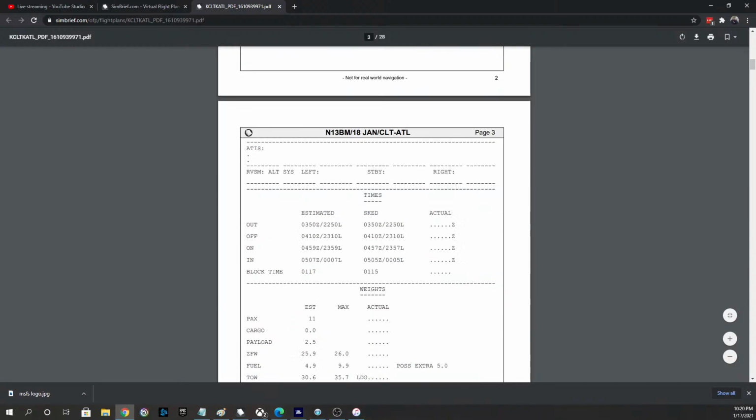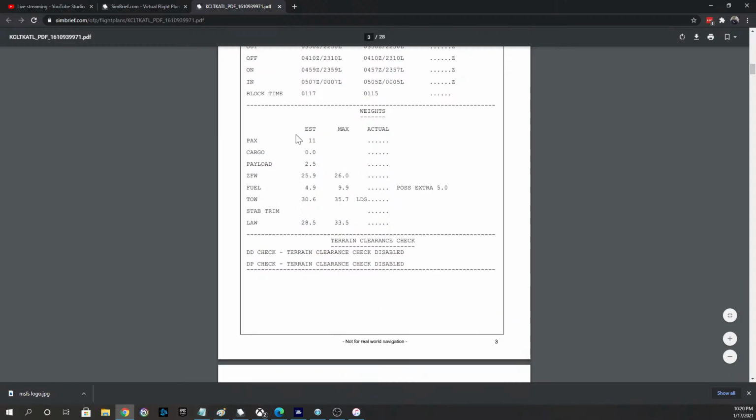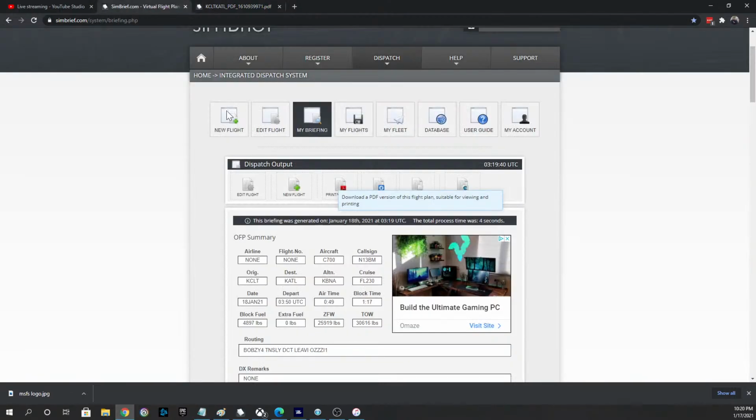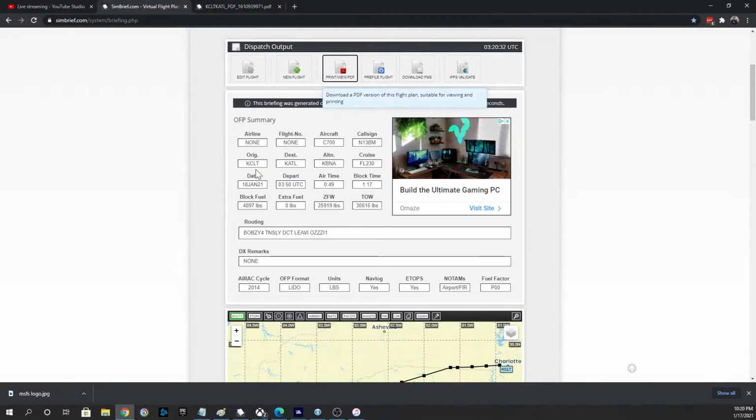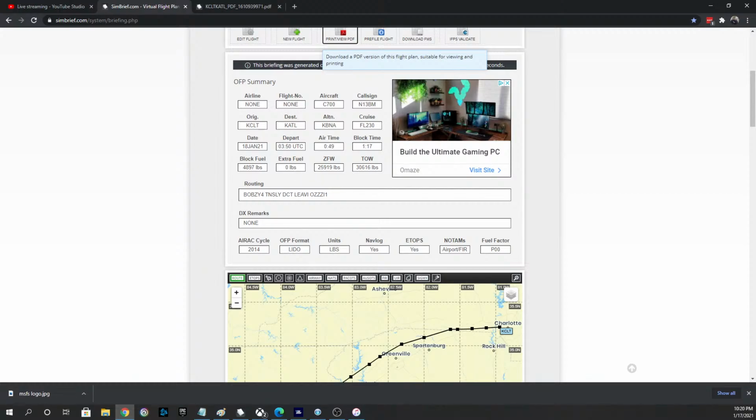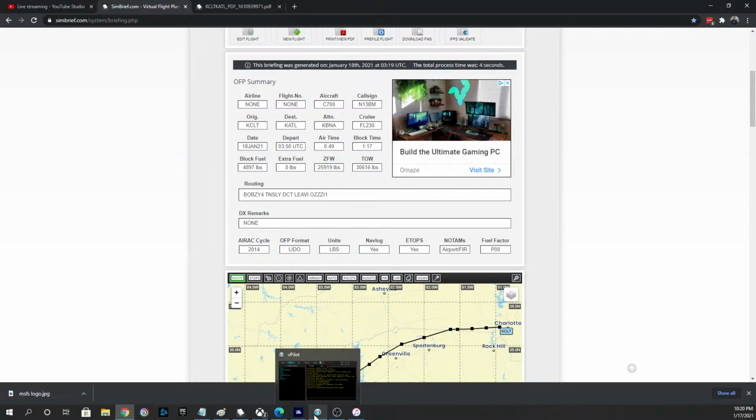And then further down, you've got your weights that you need to input into the aircraft. So we've got that, and they've also got it on the website here. You've got your block fuel and your tow weight. Those two are all you need to change in the aircraft. So now, in order to get the airplane ready,